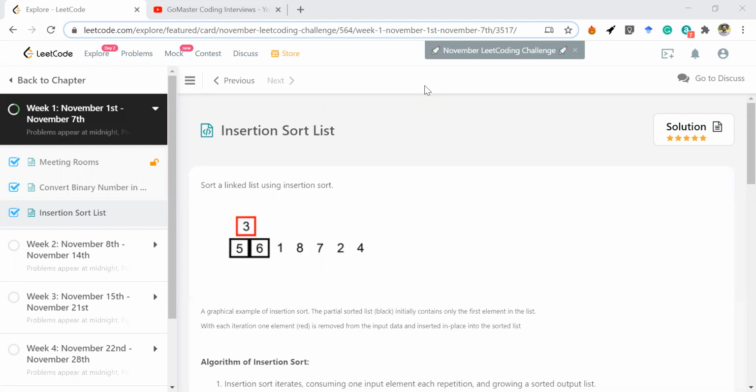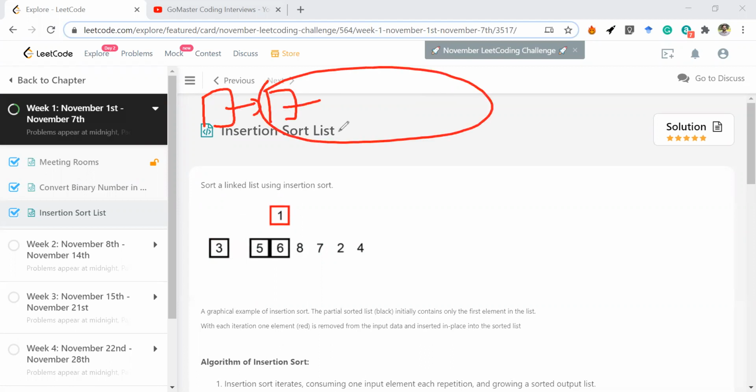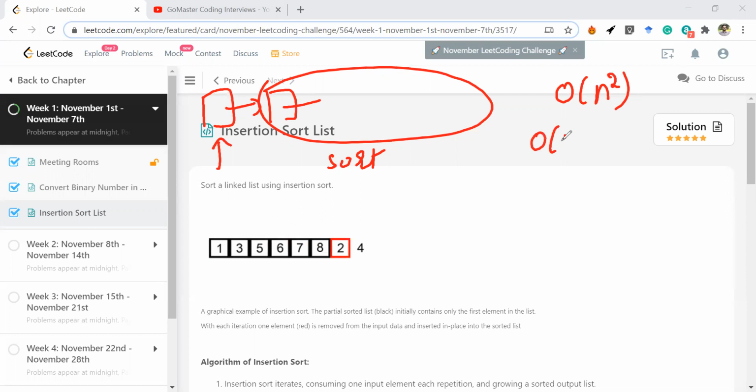A recursive algorithm is simpler, where we sort the rest of the list. The rest of the list is excluding the first node. You sort it first and then insert the first node appropriately, in the sorted order. That's basically sorting by recursion. This takes big O of n square time, which is expected out of an insertion sort algorithm, but it also takes big O of n extra space in terms of stack.